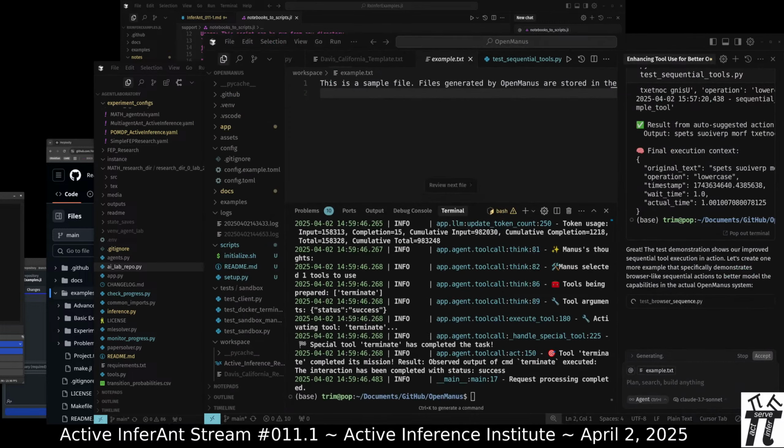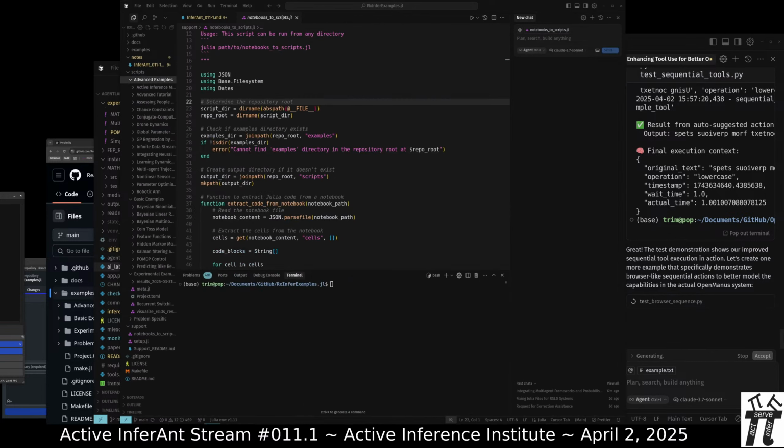AgentLaboratory continuing. Cursor improvement of OpenManus proceeding on this side.